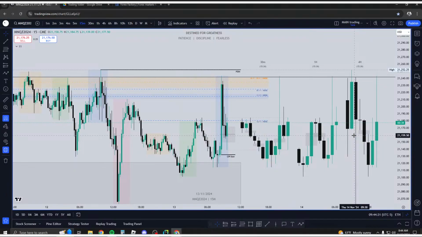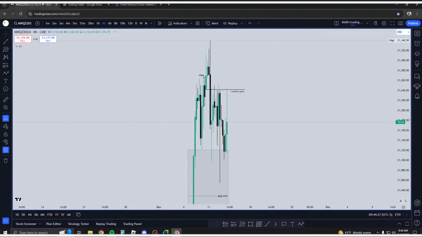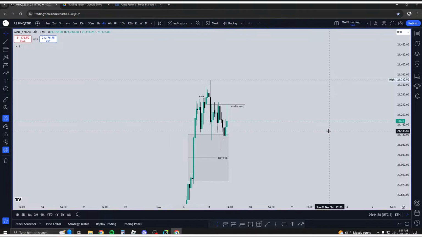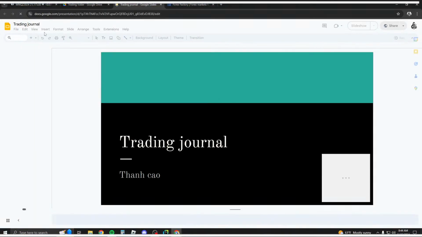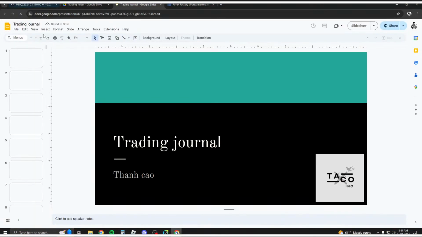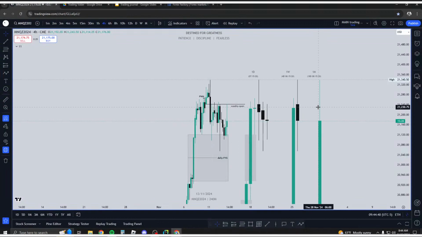Checklist. Review bias. Like I said, my bias, I don't really have a clear daily bias. And this just goes back to my weekly objective in general too. My weekly objective is higher prices. But after we took out previous week's high, I would then switch over to intraday models.